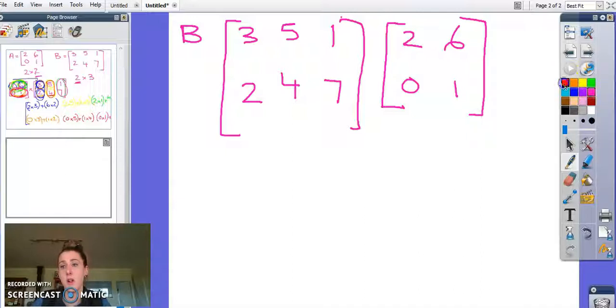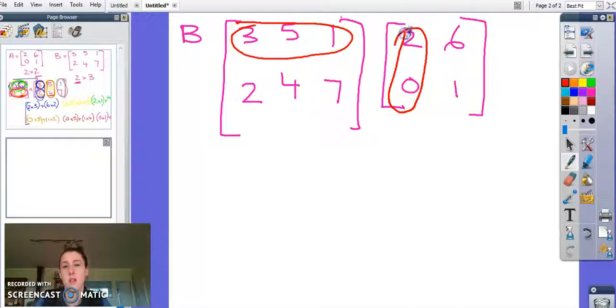Now following what we've done previously, we've taken row 1 and multiplied it by the first column. But can you see that there's not enough elements in this matrix to do that? So 3 would be by 2, 5 by 0, but 1 has nothing to be multiplied with